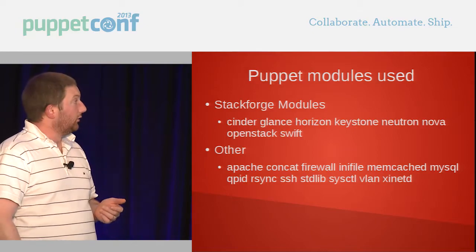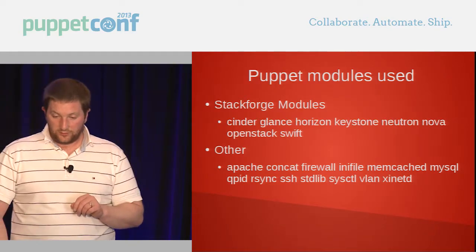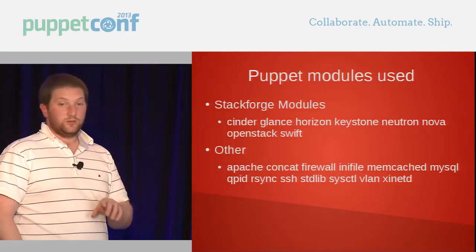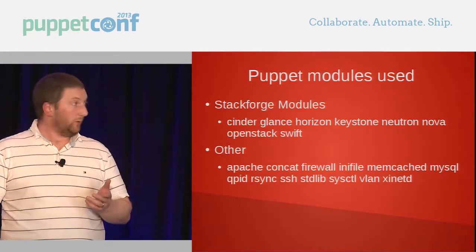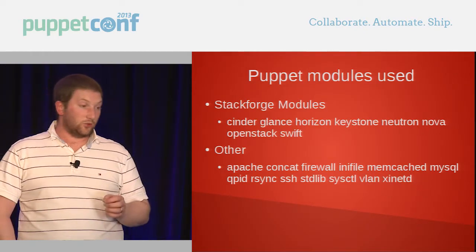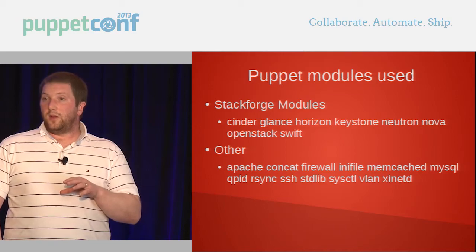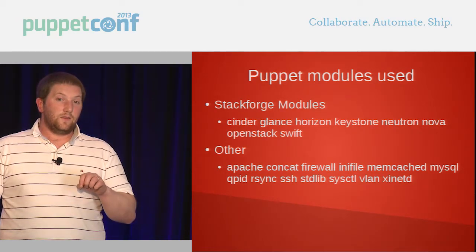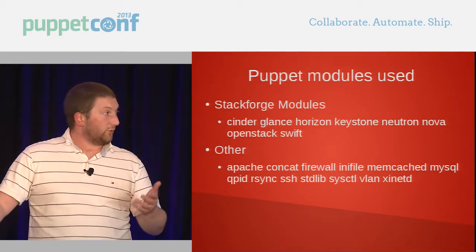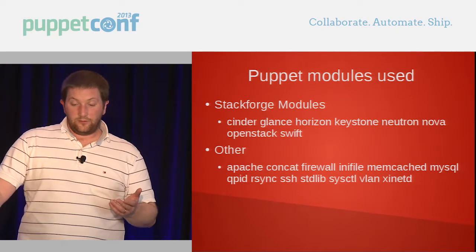So the modules we actually use for Packstack, there is, how many is there? 8 OpenStack specific modules. These used to live in the Puppet Labs GitHub account, but they've been moved recently, in the last few months, to the StackForge, which is an area provided by the OpenStack infrastructure team for people who have projects that are related to OpenStack. So all of these modules are available on StackForge,